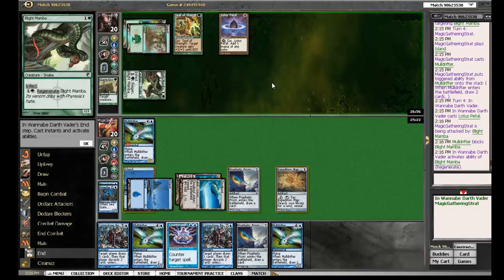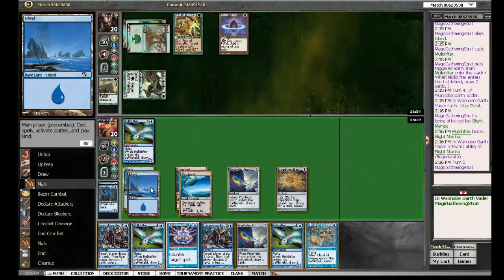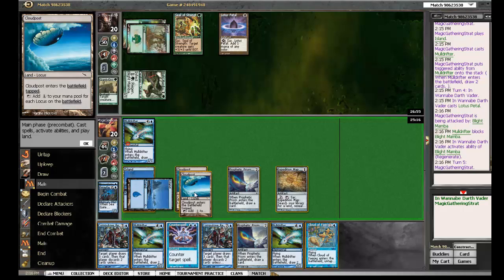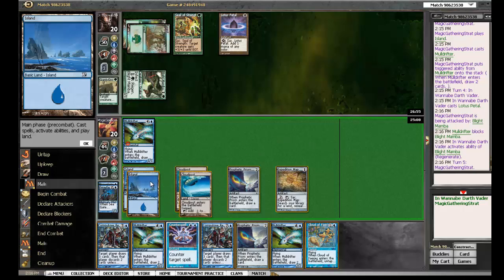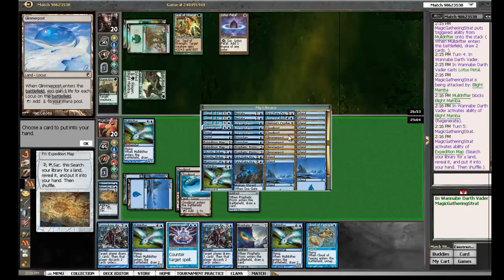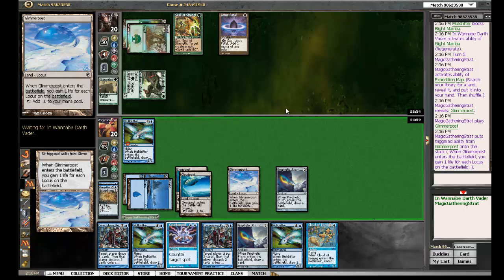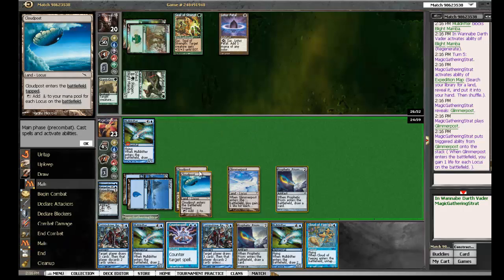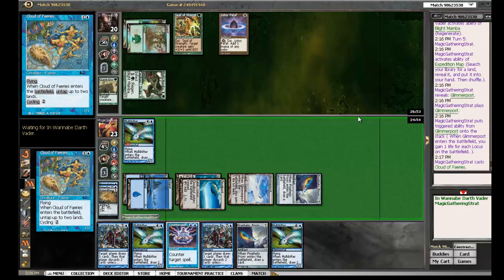Yeah, he's going the slow route over the Muldrifter. So now we are going to use the expedition map, getting a Glimmer Post, playing the Glimmer Post, playing Cloud of Fairies,